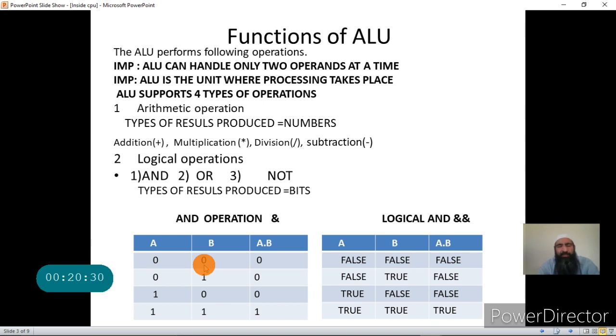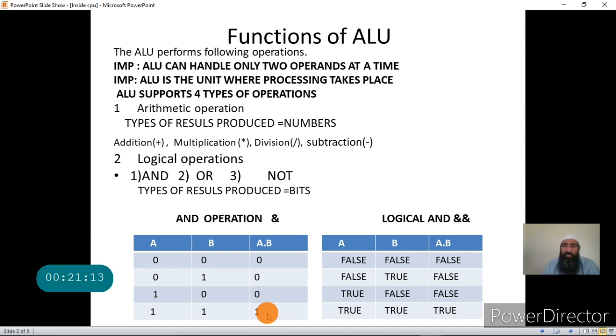AND is the same as multiplication, and it is also called logical multiplication in digital electronics or mathematics. Let us see how. If I multiply 0 with 0, I get 0. If I multiply 0 with 1, I get 0. If I multiply 1 with 0, I get 0. Now if I multiply 1 with 1, I get 1. I think I have made AND clear. AND produces the result of 1 when both the bits are 1, and AND produces the result of 0 when one or both of the numbers are 0.